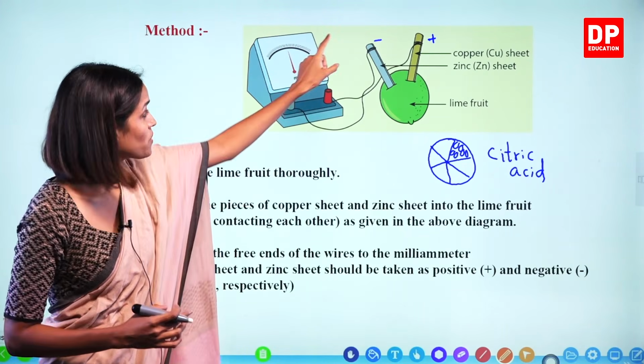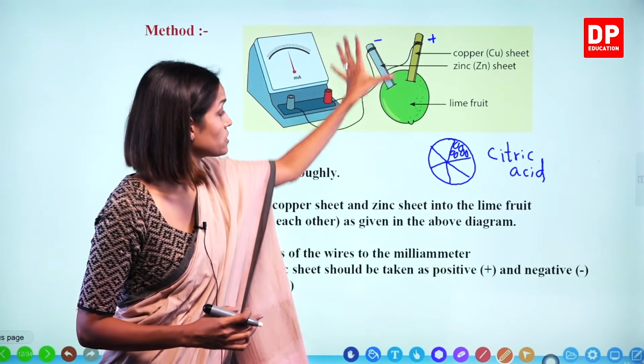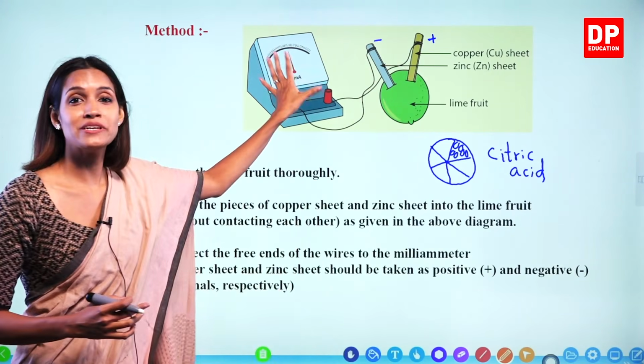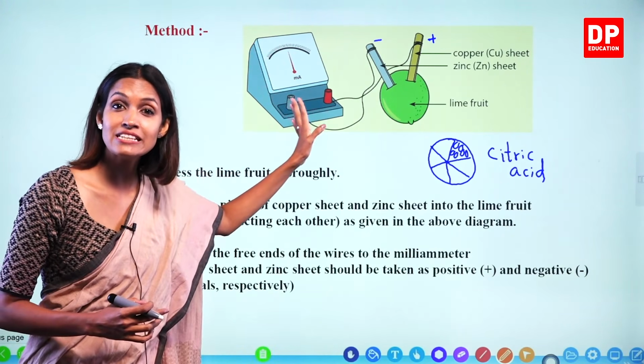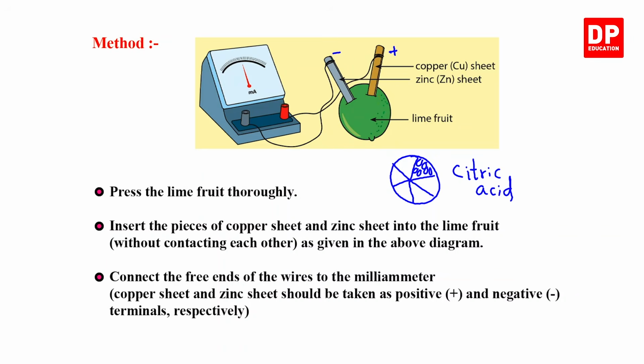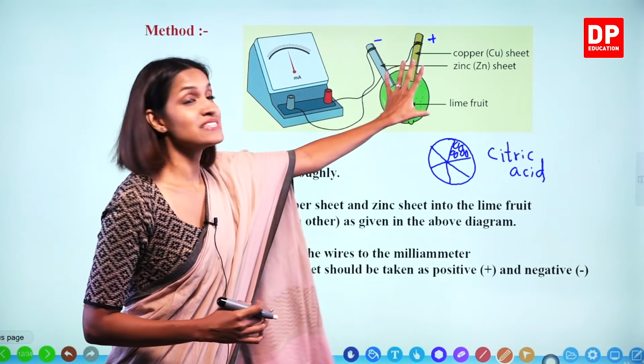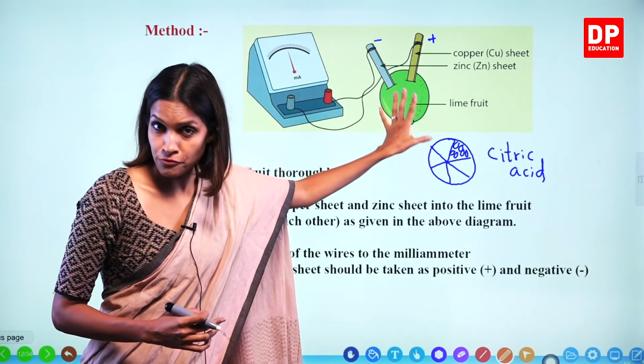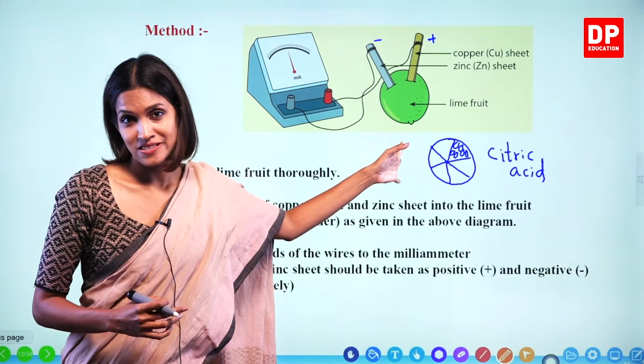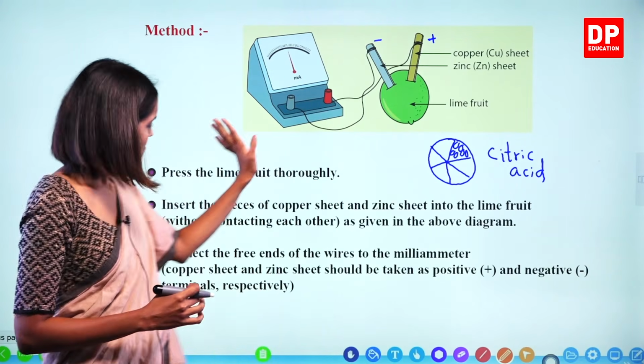It means when we connect this lime fruit, all this setup to the milliammeter or galvanometer, it generates electricity and that electricity passes through the instrument. So it's very clear this apparatus made with the lime fruit can generate electricity. Understand? We will write down